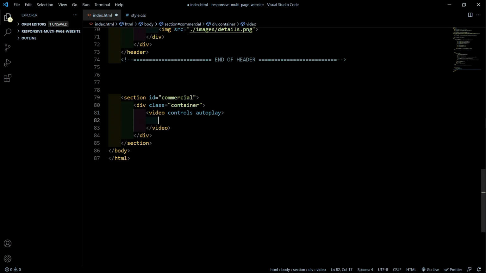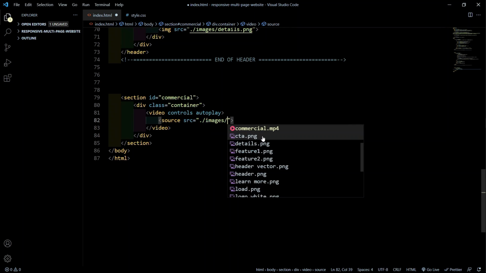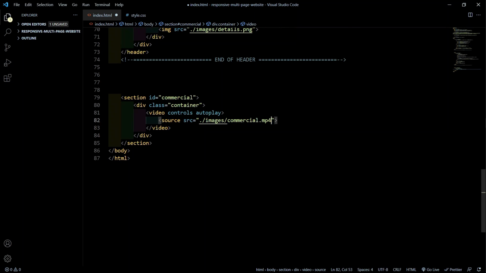Now let's link the source of the video. The source is going to be inside the images folder, and then we are going to have our commercial video. And then the type is going to be video mp4. All right, and that is all for our video modal. So let me leave a comment here,